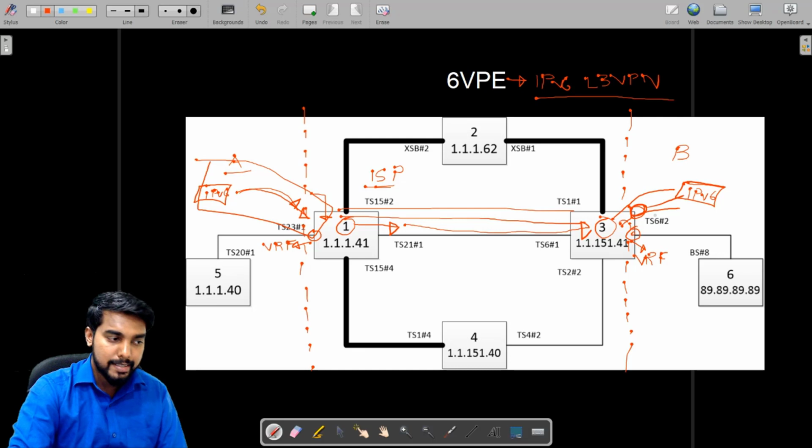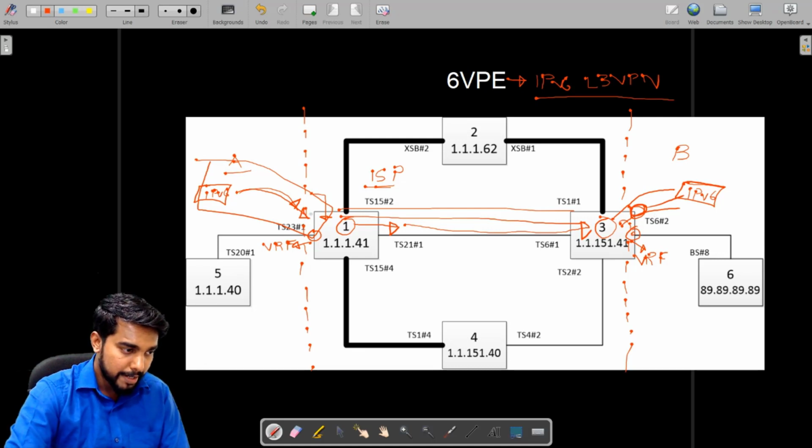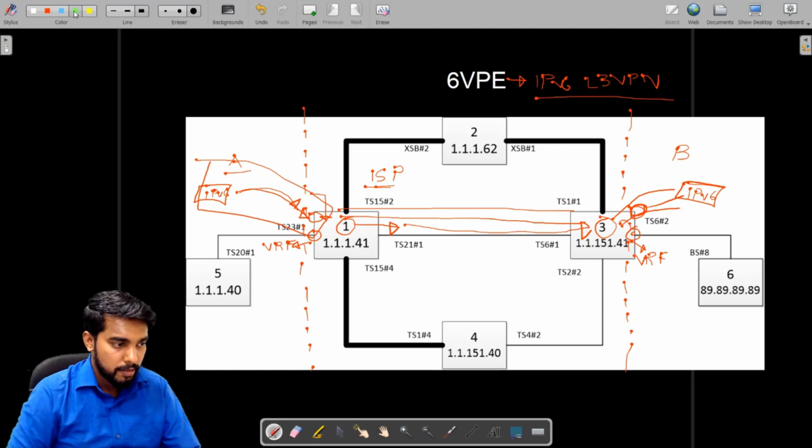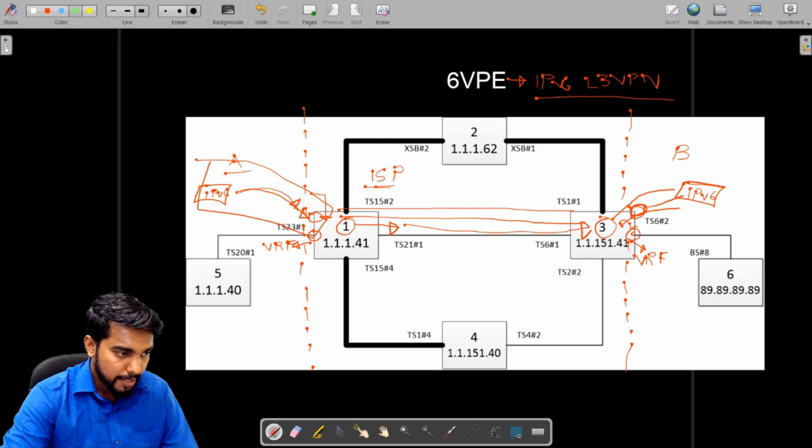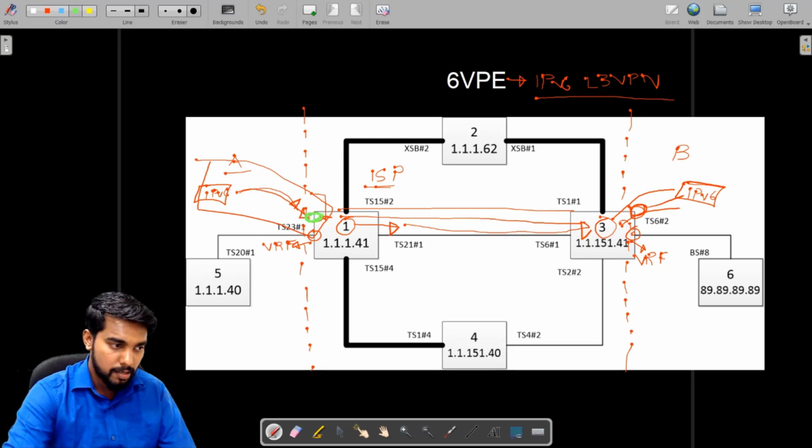Okay, now let's understand how it is done technically. So we create a VRF over here. Let me use another color. I'll create a VRF which is green in color for my IPv6. This VRF will have the same values of RD and RT. These are the values that are defined by the user. This RD for VRF green will be prepended to the IPv6.